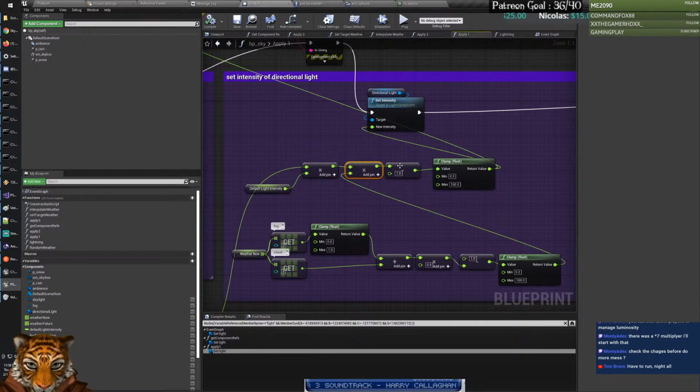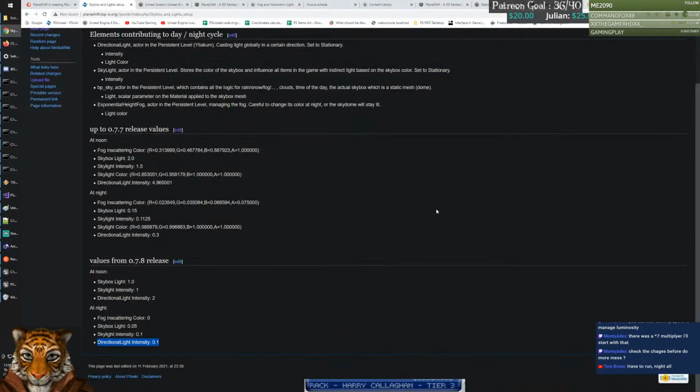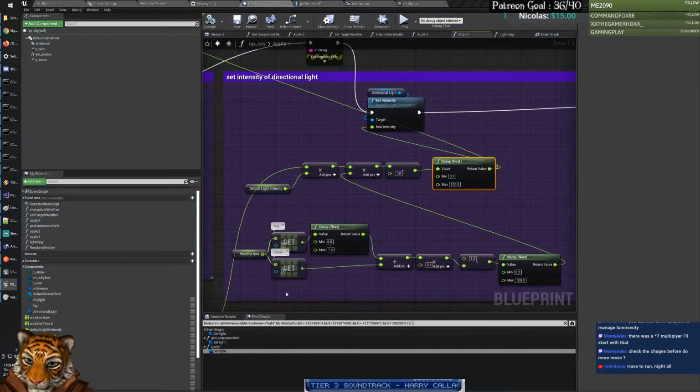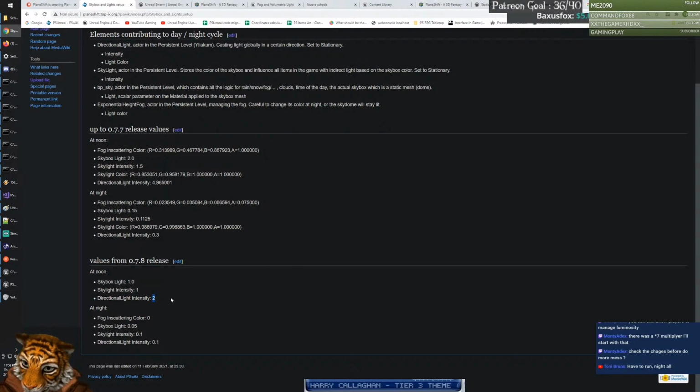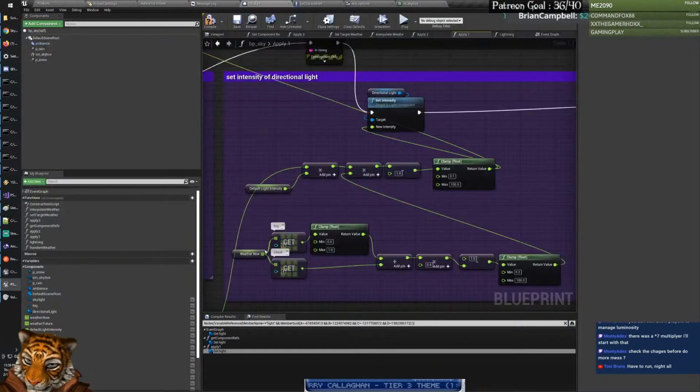And then it is doing the reverse of that. No, it's doing -1. This -1 really to me is a mystery. And then it is clamping it to 0.3. Now we want the clamp to be at 0.1. We want the clamp to be 0.1. And we definitely want the maximum value to be 2 instead of 5. Now, the problem is that it will depend on the fog. But